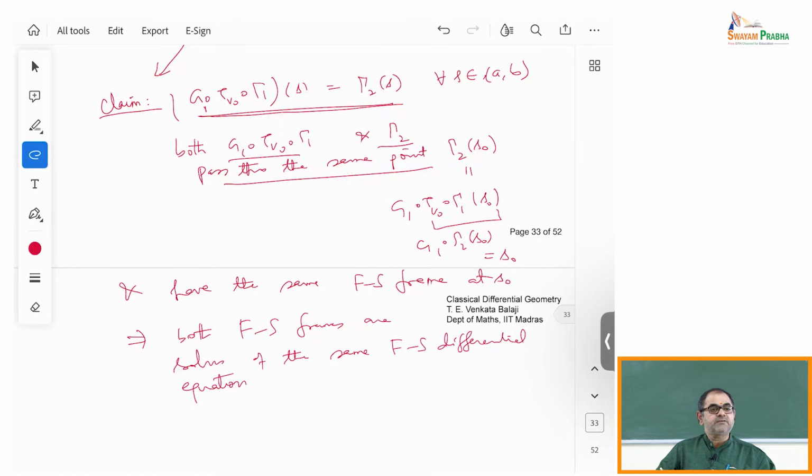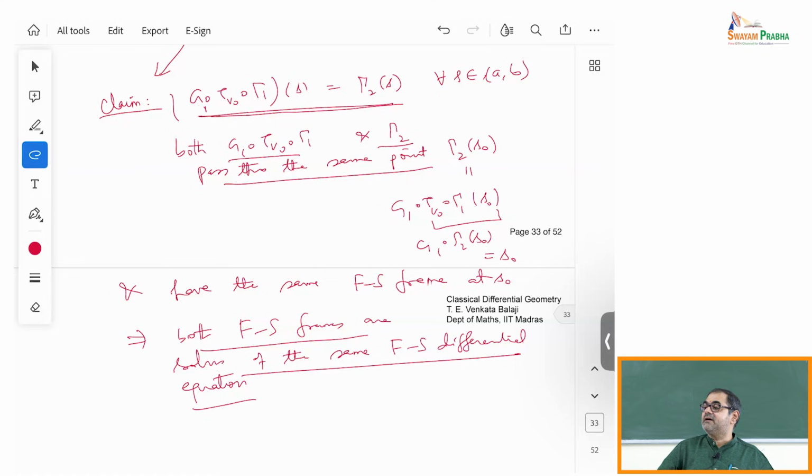Why the same Frenet-Serret differential equation? Because curvature and torsion have not changed. The coefficient matrix of the Frenet-Serret differential equation depends only on the curvature and torsion. Okay, and the curvature and torsion are not going to change because you already took gamma 1 and gamma 2 to have the same curvature and torsion, and you are only applying direct isometries. Therefore, there are two Frenet-Serret frames for these two curves. They are solutions of the same Frenet-Serret differential equation, and